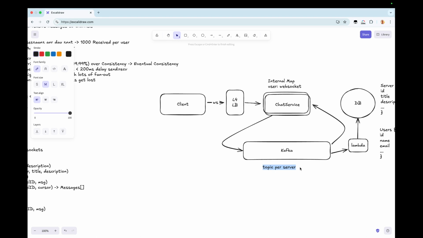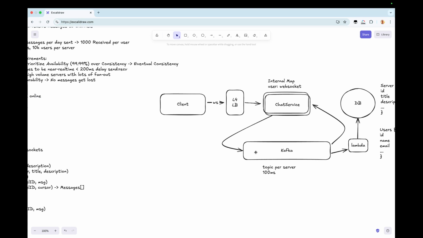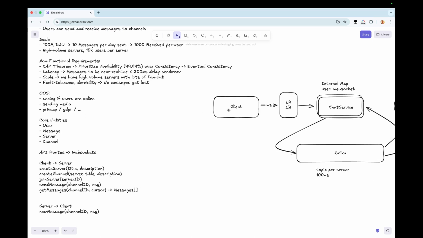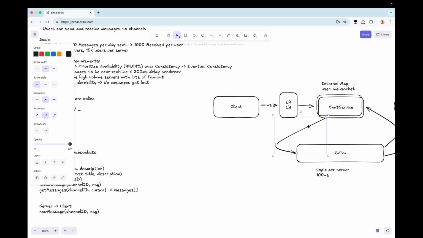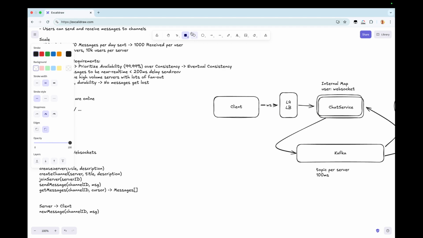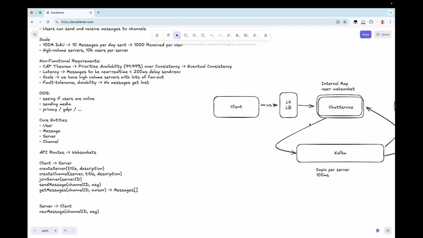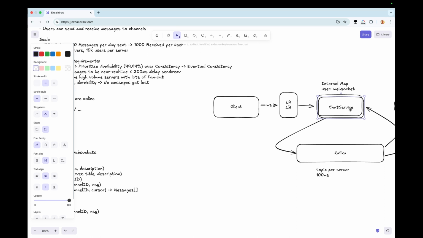Now, this does add latency. We probably have about 100 milliseconds of latency added by Kafka, but we're still within our 200 millisecond delay for send and receive. This is like 2 milliseconds because we're assuming that we're in the same data center here. This is pretty lightweight.